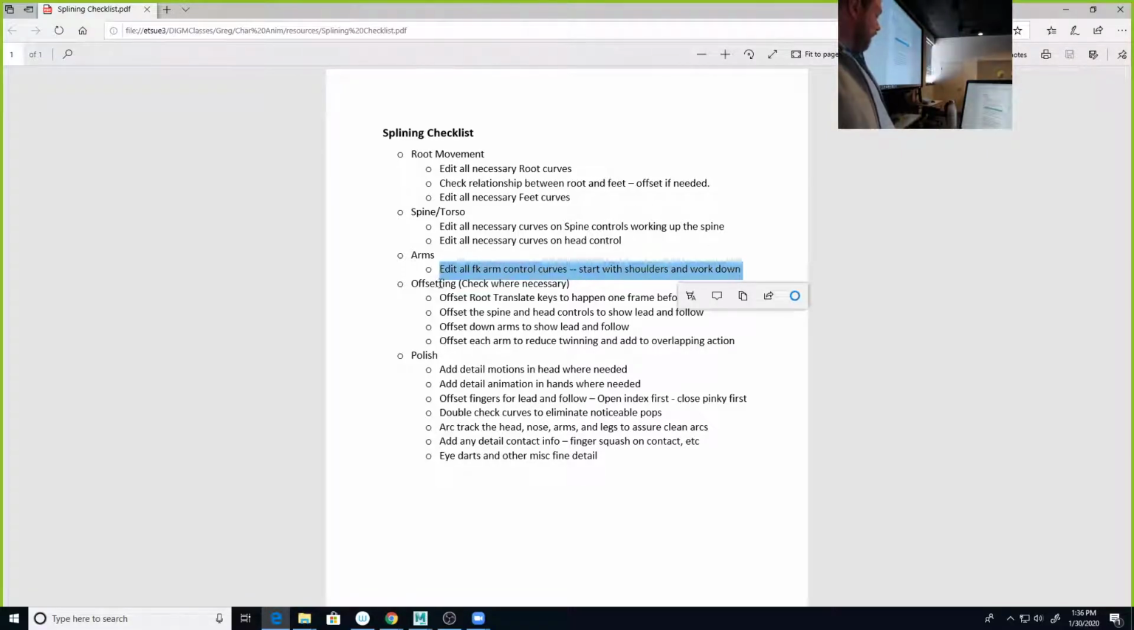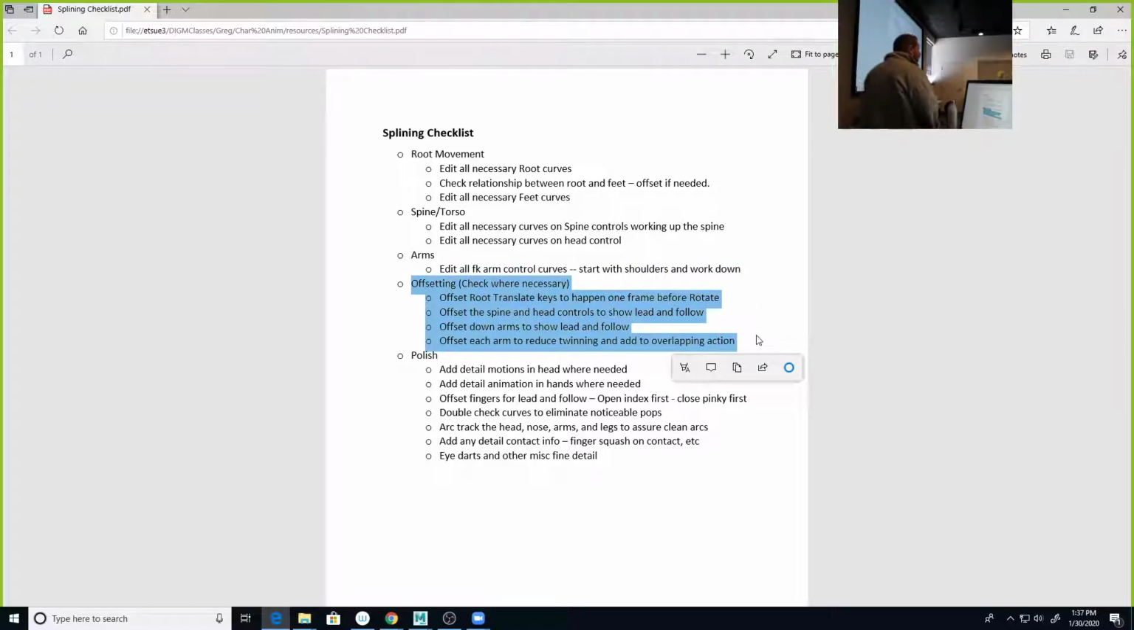So, okay. Now we're going to seriously start thinking about offsetting. After we've gone all the way down the arms, you can do a little bit on the wrists, or you probably will do the wrists and maybe a little bit on the fingers. At that point, you can start thinking about lead and follow a little more directed, right? So, for example, my hips move to the side, my spine reacts, my head reacts, right? But we talked about lead and follow the other day. All those curves are going to look nice and clean now,